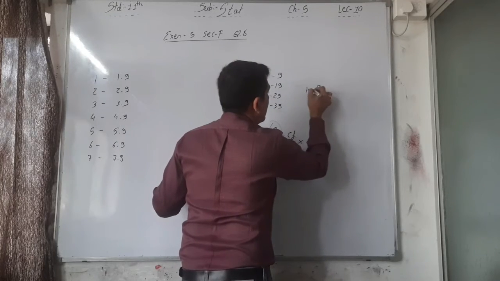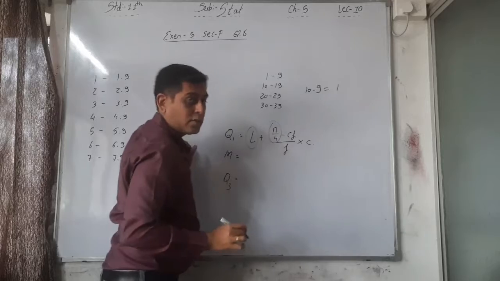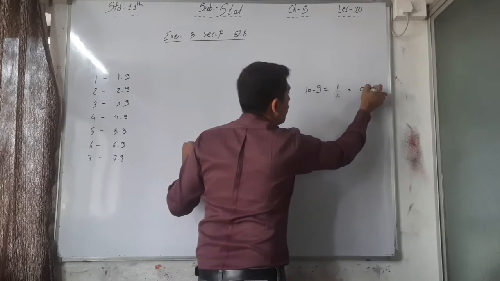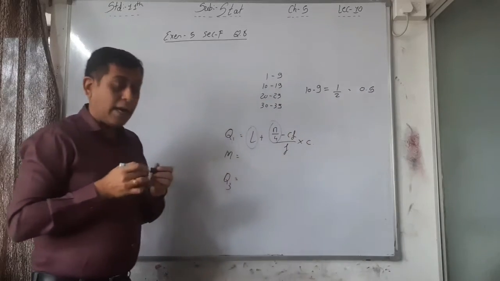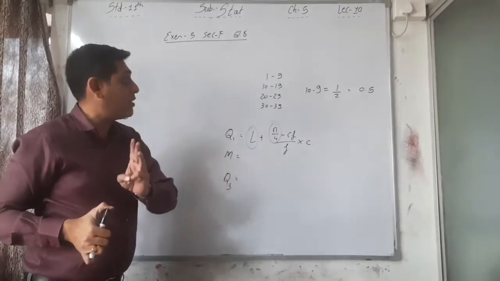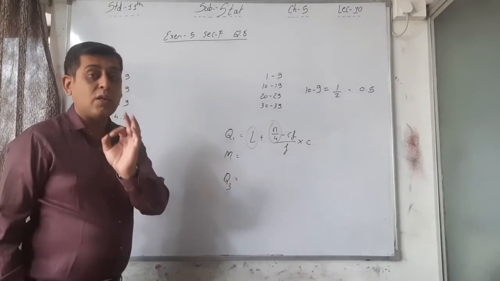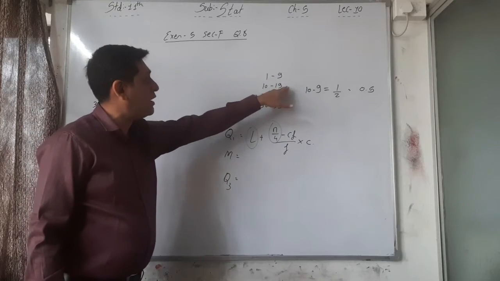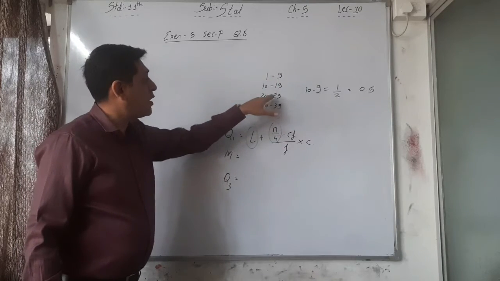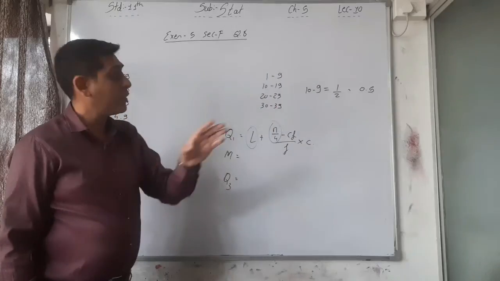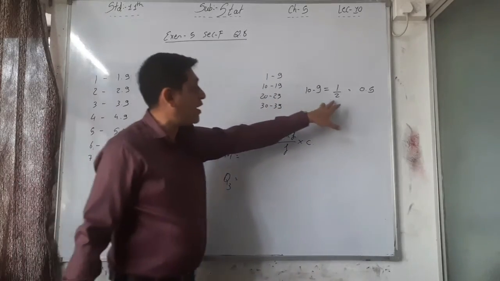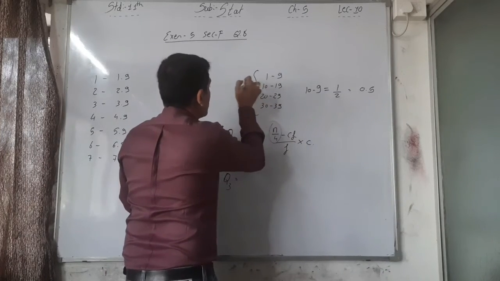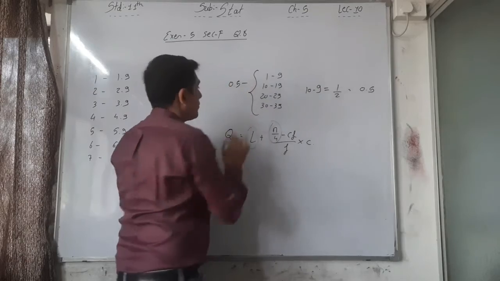10 minus 9, that is what? 1 is the difference, divided by 2, that's why 0.5. See, I told you at that time, in chapter number 3, whenever inclusive type of data is given, 9 is here and 10 is here, 19 is here and 20 is here, the difference between the 2 classes is 1, then divided by 2, that's 0.5, and that 0.5 is subtracted from